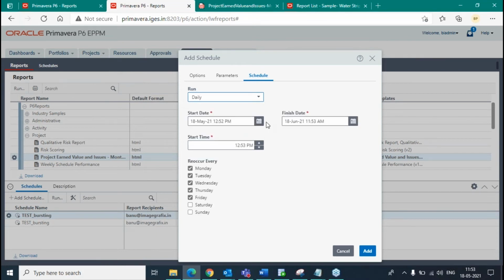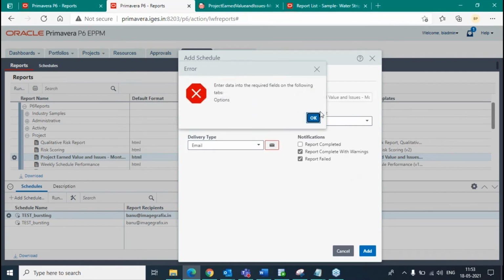Daily, starting 18th May, I want this report to be delivered to me in email. Every Monday, I want to get this report. So I'm selecting the day as Monday. Click add. So our schedule got added.